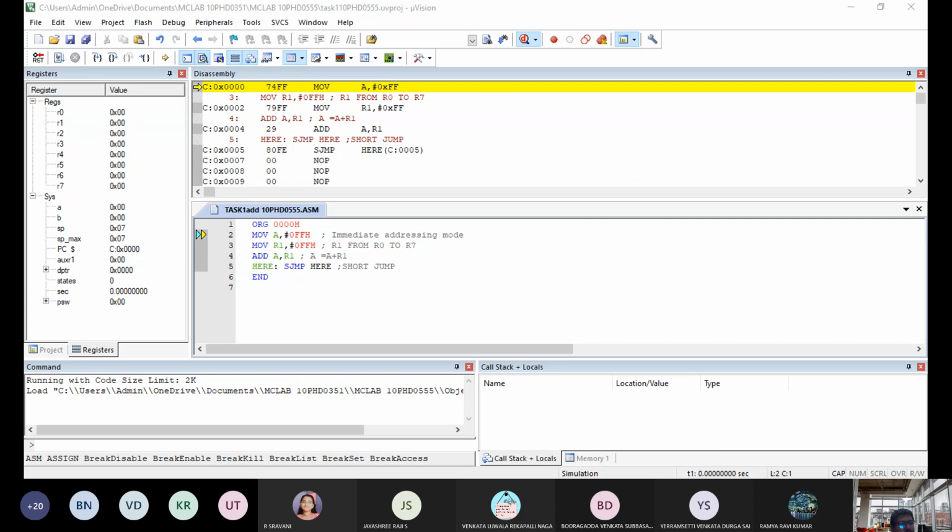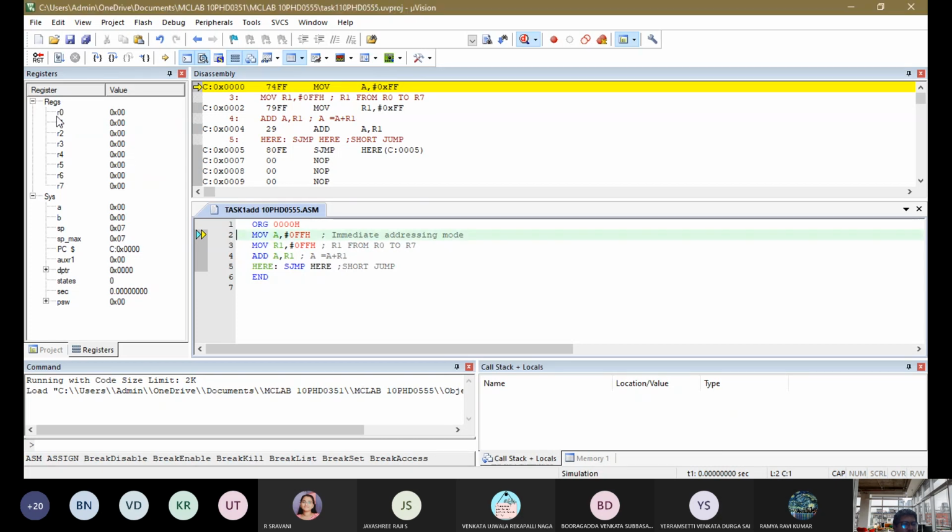Now you can see the list of registers R0, R1, R2, R3, R4, R5, R6, R7. That is what I said initially, that 8 registers are there. What does this 0x stand for? It stands for hexadecimal representation. 00 is the basic value on reset. So everything will be 0 except the stack pointer, which is at 07, the default position for the stack pointer. For all other registers it will be 0.